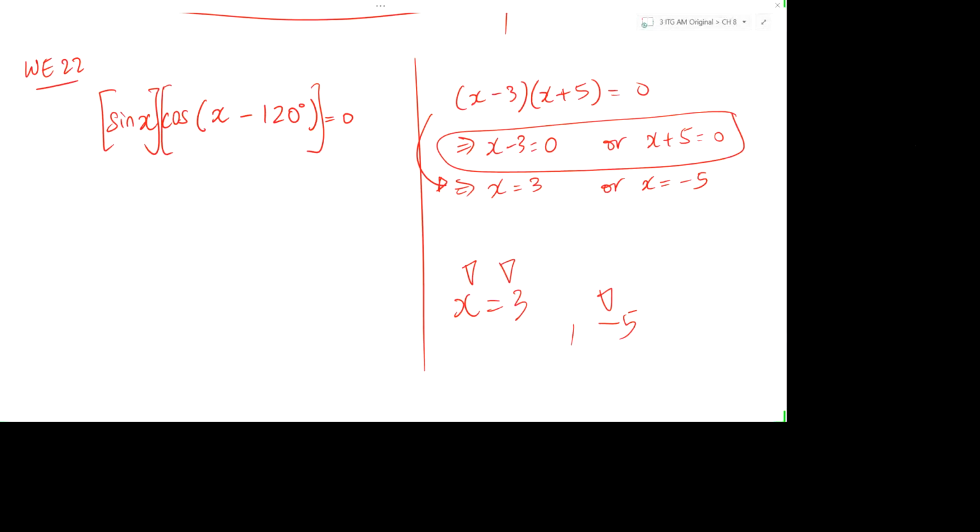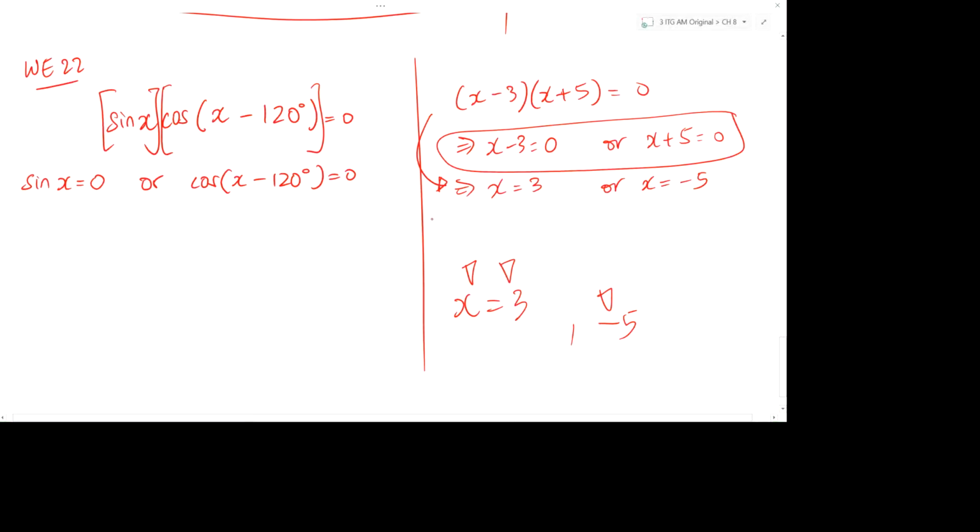So we're going to apply this over here. So first one, what do we have as equal to 0? Sine x equals 0 or what is that? Cosine x minus 120 degrees equals 0. Okay? Now,